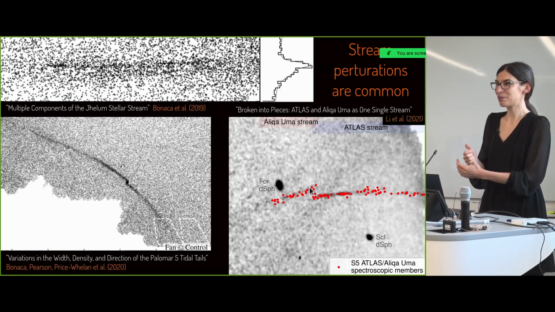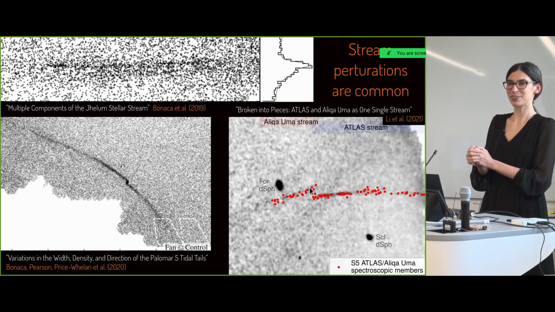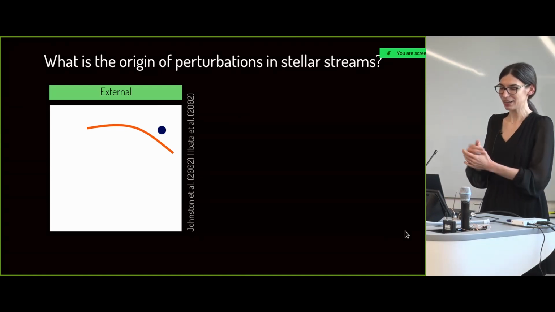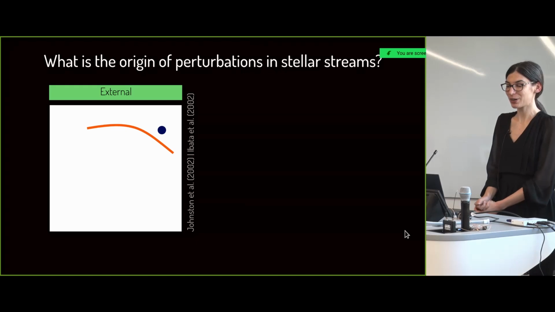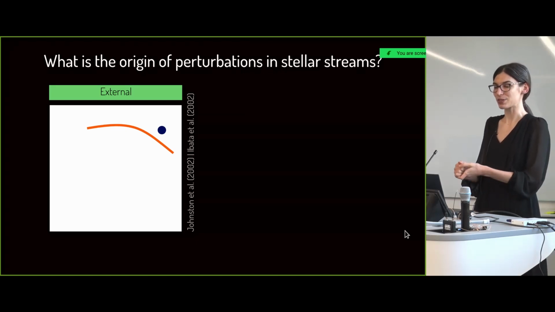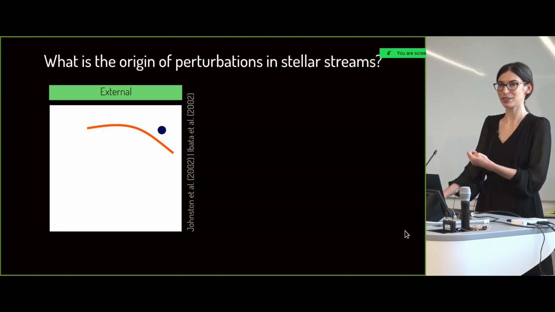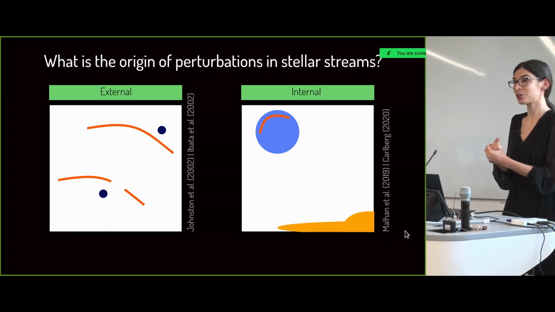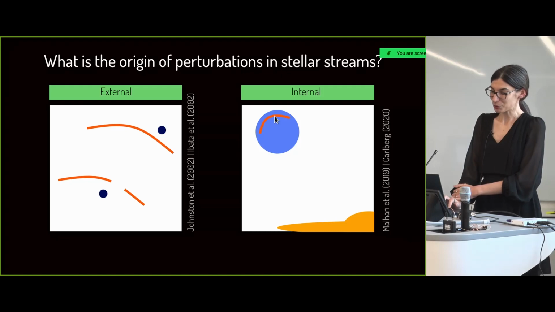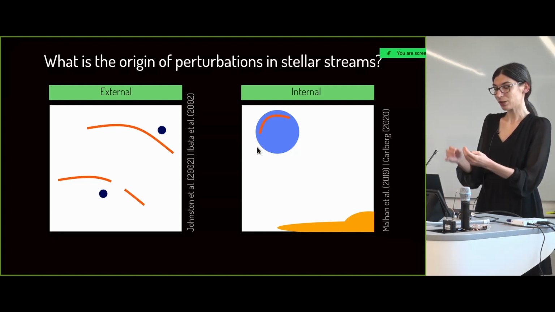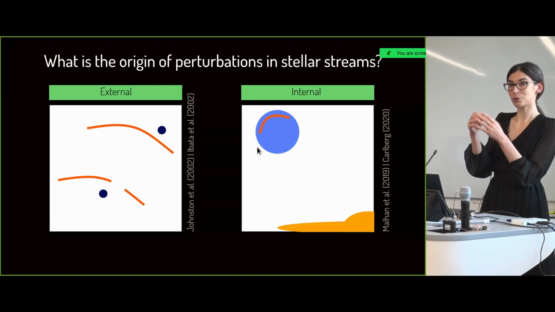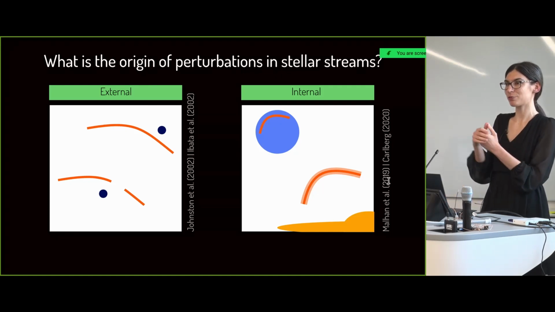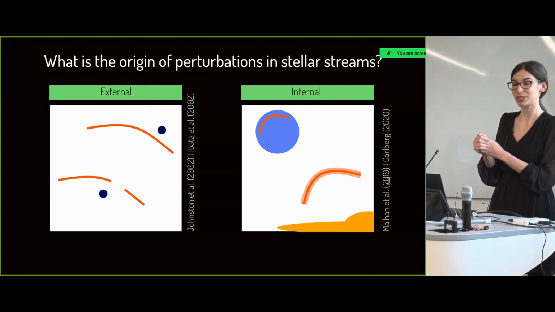So it looks like there's a number of these structures, and so now to get back to the question we started from, the main question of the field is now identifying what is the origin of these perturbations. Is it something external, like an encounter with a dark matter subhalo that forms a gap, or is it due to some internal process, like what was predicted a couple of years ago, that if a globular cluster starts losing stars in a dwarf galaxy before it merges into the Milky Way, it might end up with a wider envelope and maybe form some of these spur-like structures as we are detecting in the data.